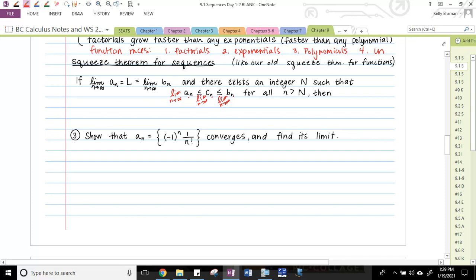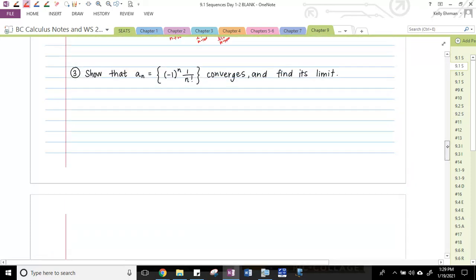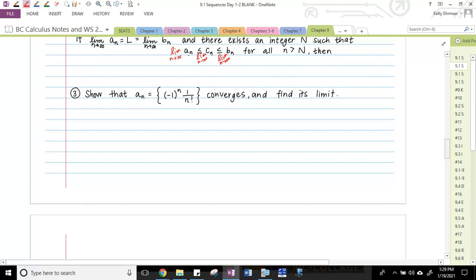All right, so what am I talking about? Here's an example. Show that the sequence A sub n, which is equal to -1 to the n over n factorial, converges and find its limit. So I want to think about what can I squeeze it in between? We're talking about at infinity. So it's actually not true for small values of n, like 1, 2, maybe even 3, that 1 over n factorial,